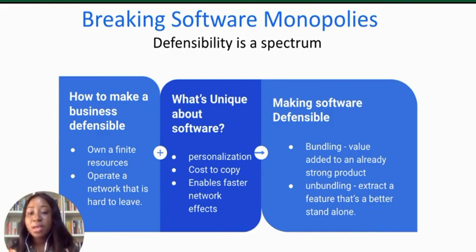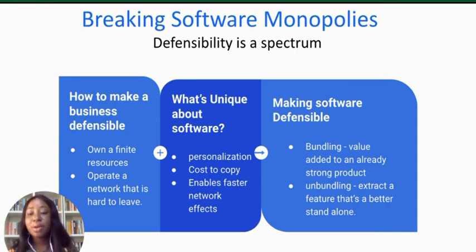Now, how do you make your business defensible? Truth is, if we want to build digital products, we have to ask ourselves the question: I want to build this product in such a way that even in the future, if I have competitors, I will still be able to remain in the market, just like Google and Facebook that I already mentioned earlier.